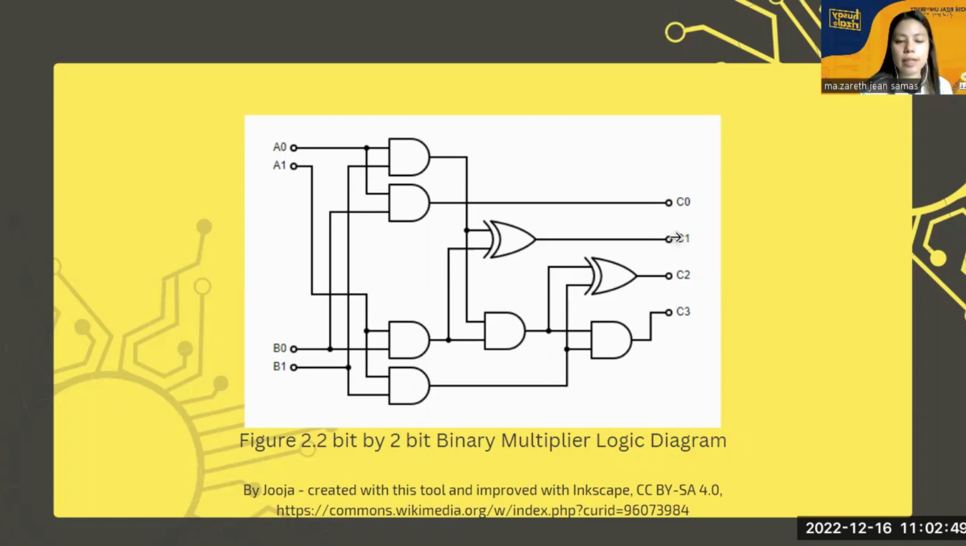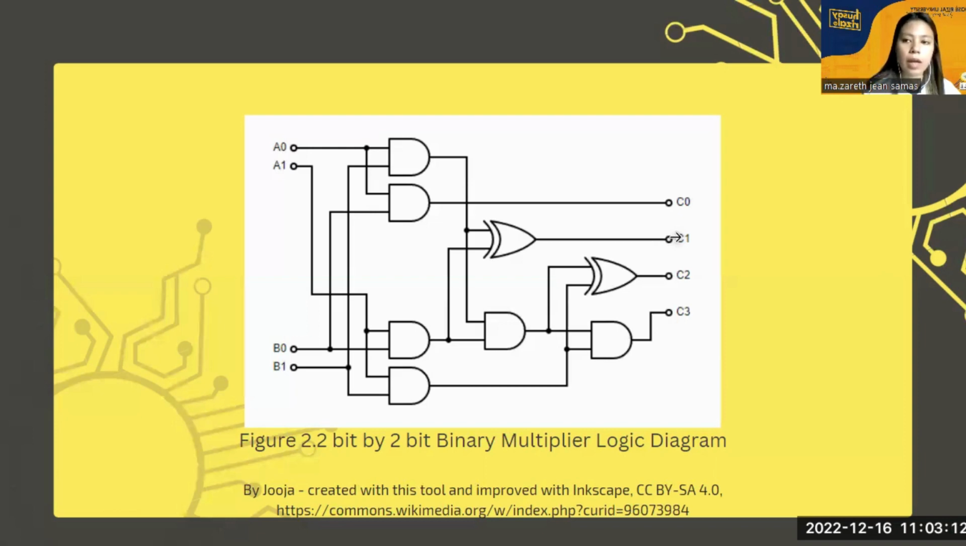Now let us discuss the half adders. One common building block for binary multiplication circuits is the half adder. A half adder takes in two inputs, A and B, and produces two outputs, a sum output S and a carry output C. The sum output is simply the XOR of A and B, while the carry output is the AND of A